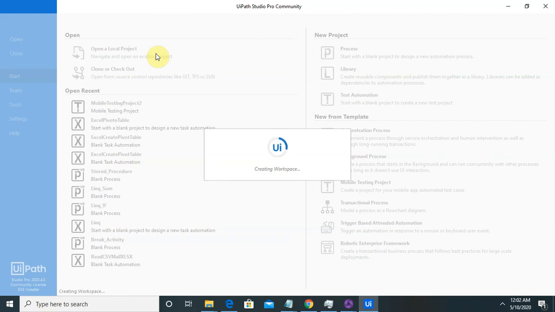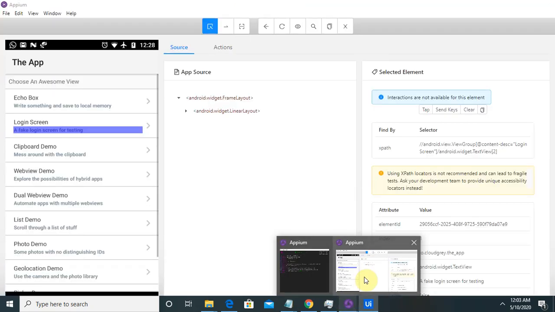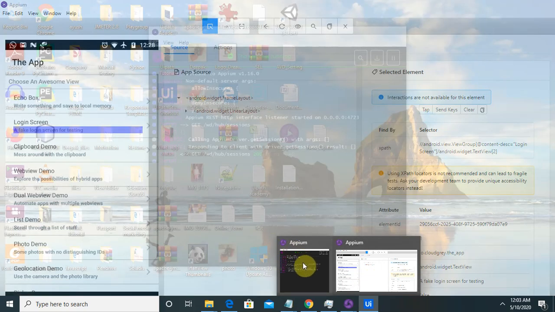Creating workspace. Whenever you are connecting Appium with your mobile device via USB, make sure there is no disconnection between your USB and your mobile device.